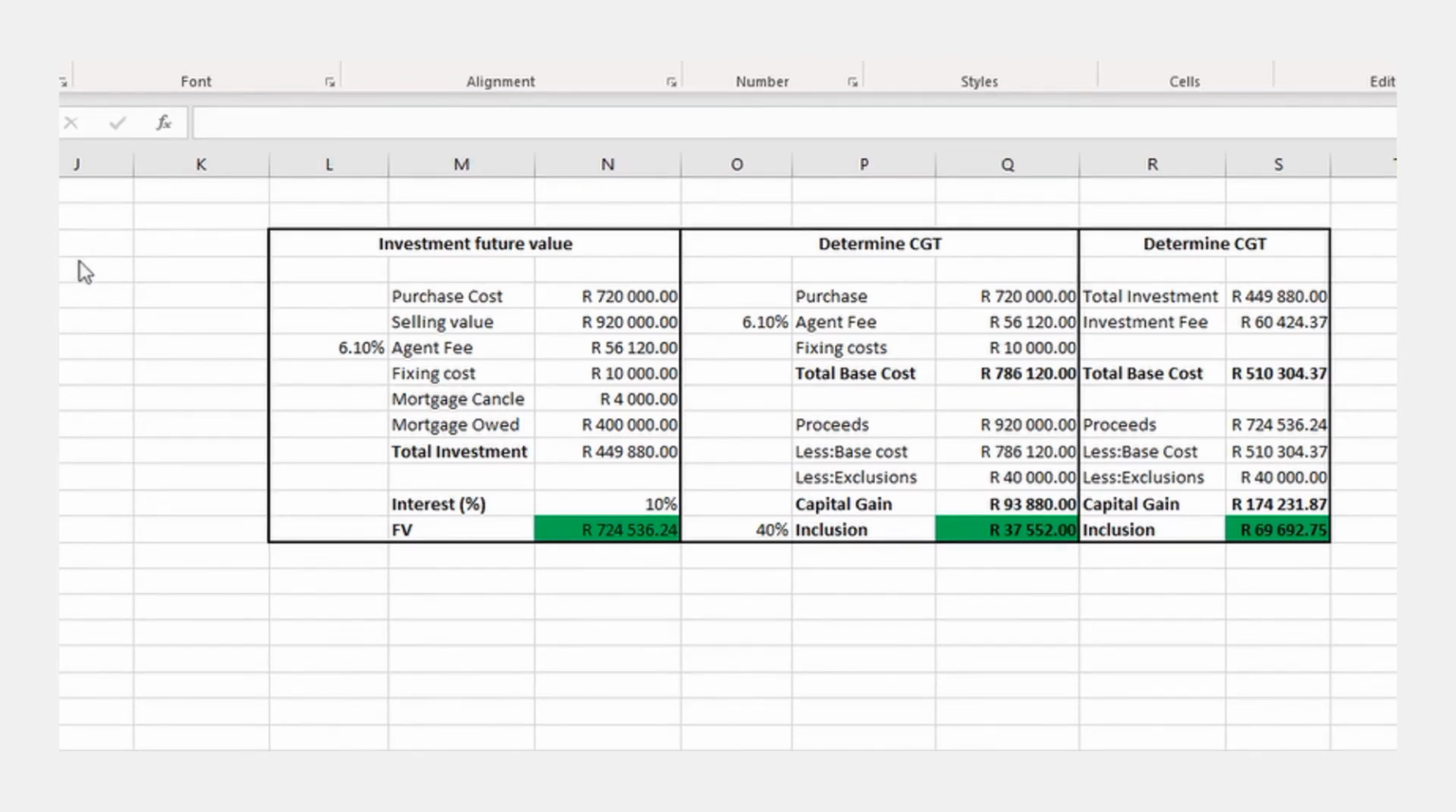So we start our analysis by looking at how much money we can actually invest in our unit trust fund. And so we start by selling the house or the apartment for 920,000 Rand. We have agent fees that we have to cover. We have some fixing costs that we have to cover, and then a whole bunch of other costs, including